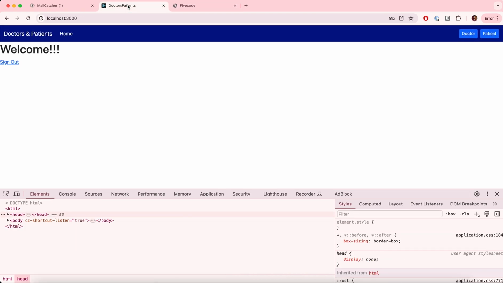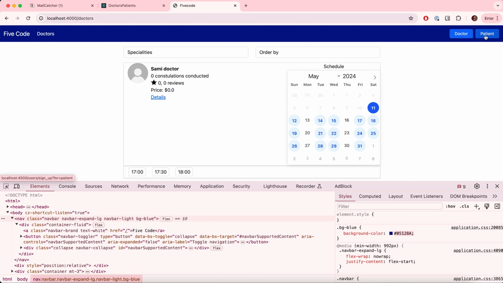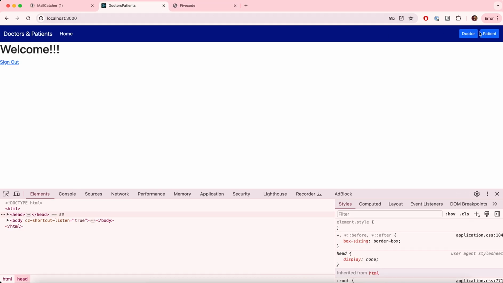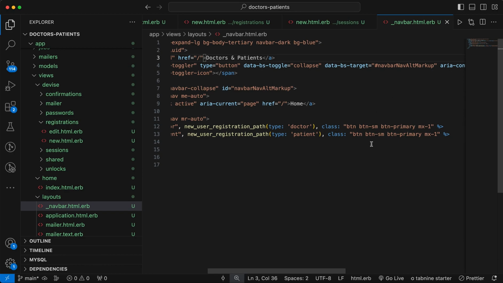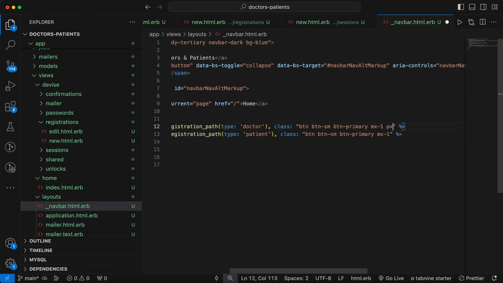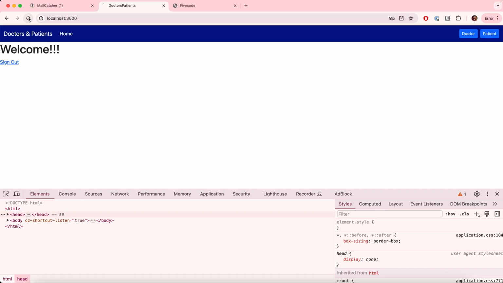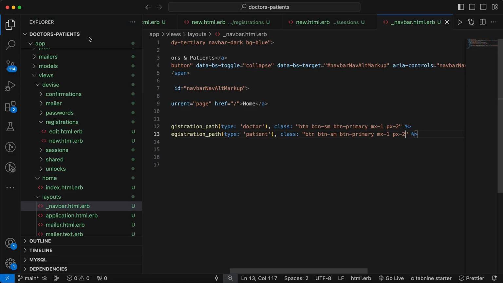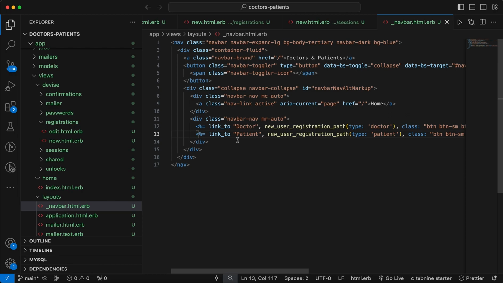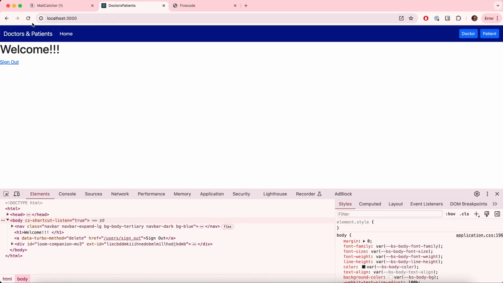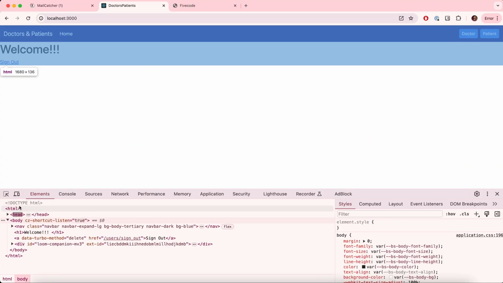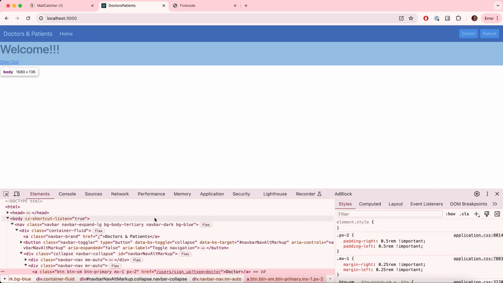Yes, so here you can see that there is some spacing inside the buttons, but the widths of these buttons are small. Let's fix them. And then in these buttons, let's add a padding of px-2, and then px-2. Let's see if we refresh. There is no spacing. Let's see if I click on here, and then